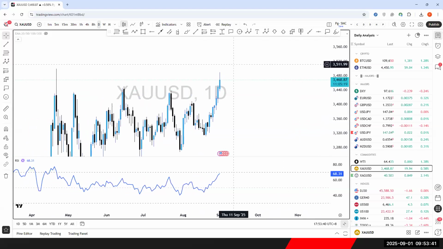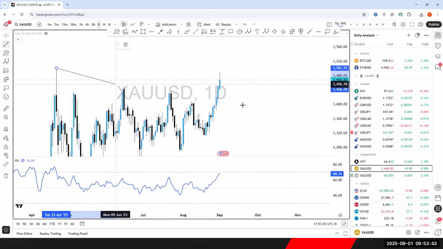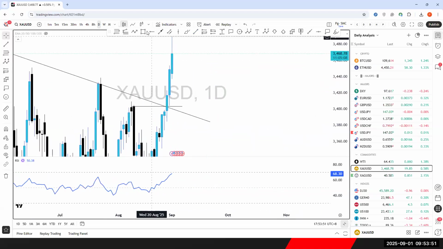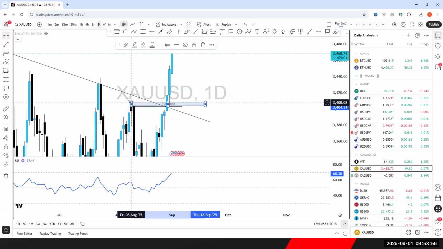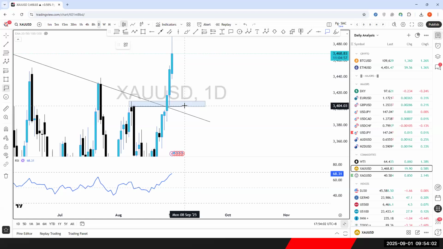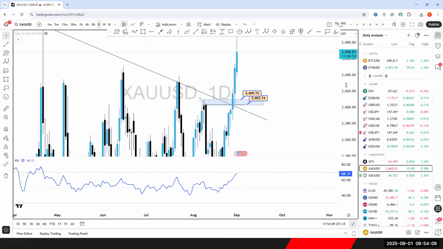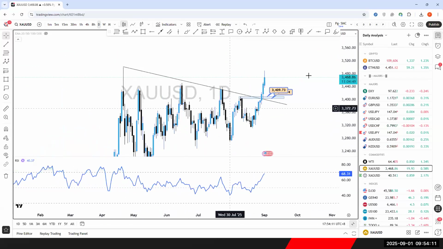Let's just talk about last Friday first. This was the trend line. This was the resistance level. Price broke above and pulled back. You should get in the buy at 3404, somewhere around here. Anybody of you guys buy last Friday? This is your zone, right? If you use a trend line, the trend line here breaks.